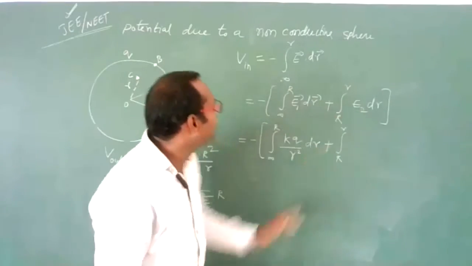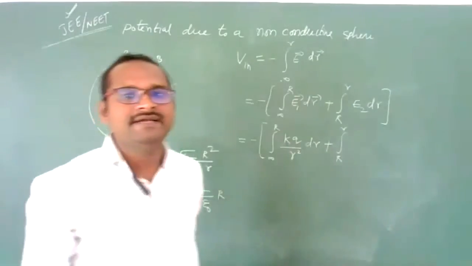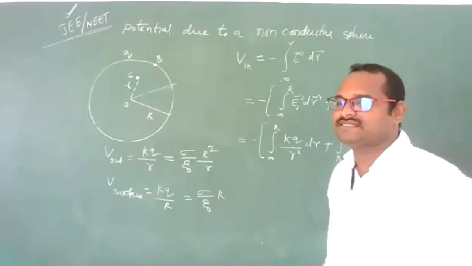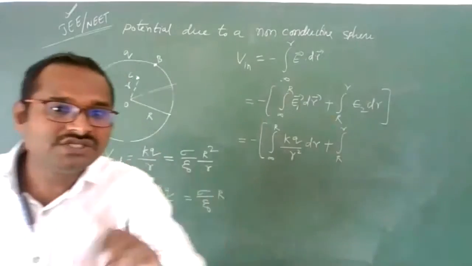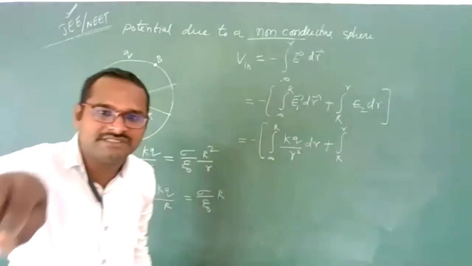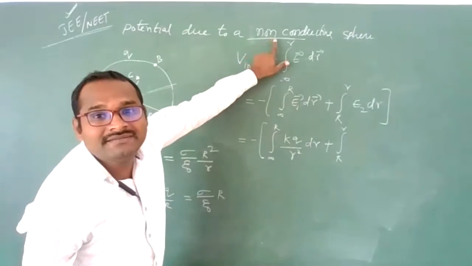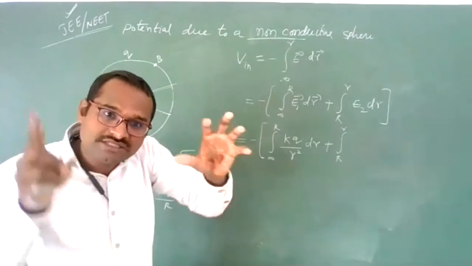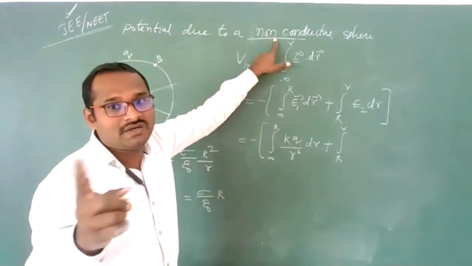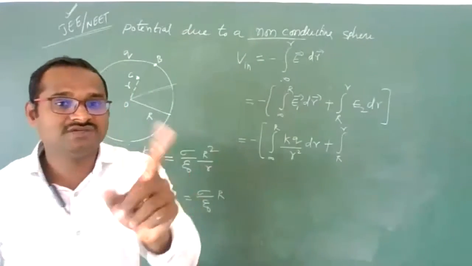Now the electric field I have written from here to here means for an inside point for a solid non-conducting sphere. See the previous classes' recording videos. It is not zero. I said it is a non-conducting sphere. If it is a conducting sphere, then the electric field must be zero. But it is a non-conducting material. Charges will be present inside this one because it is not a conductor. It is a non-conductor. The electric field is not zero.